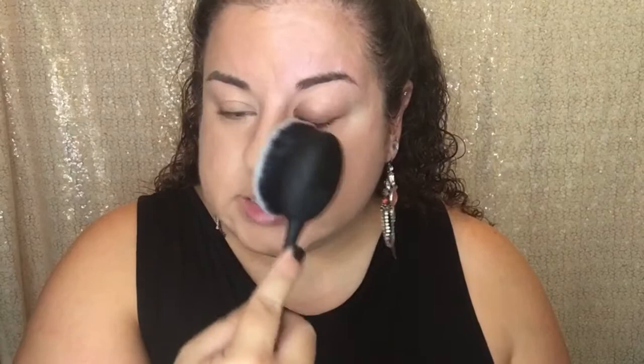So I'm kind of hesitant to use this brush now on my powder, my baby. All right, I think we're gonna go in this section right here so we can see what it does. All right, it did hide the redness pretty well. I have some more redness down here. So with this product, I'm not really able to pounce because it's not going to give me the same coverage. I need to swipe a little bit more. So it just feels like it's tugging on my skin. And it's not like I'm really going hard at it, but